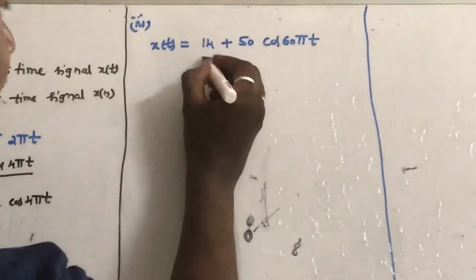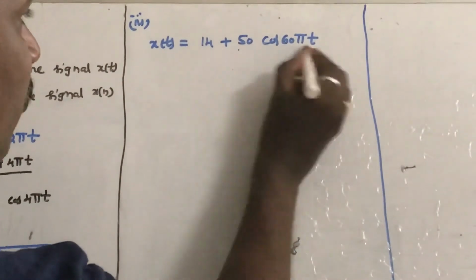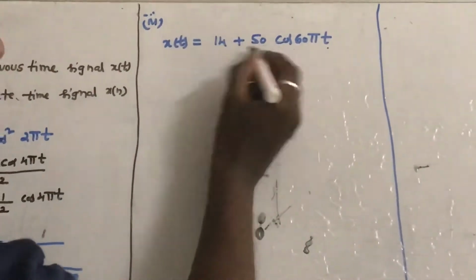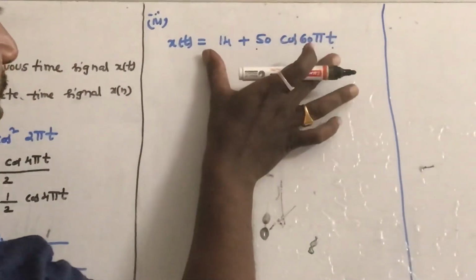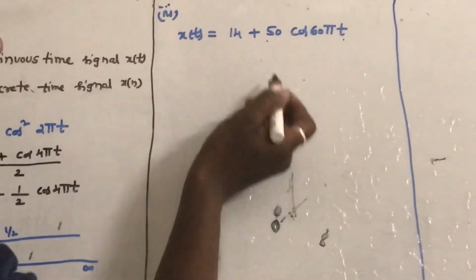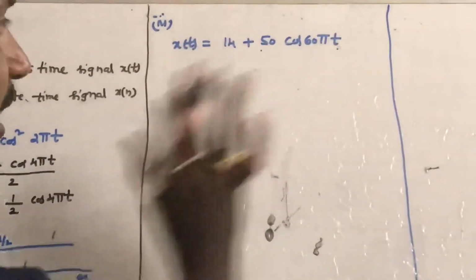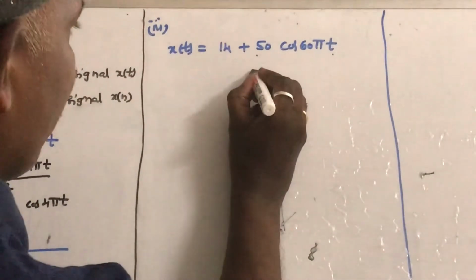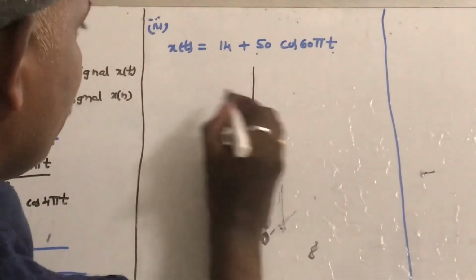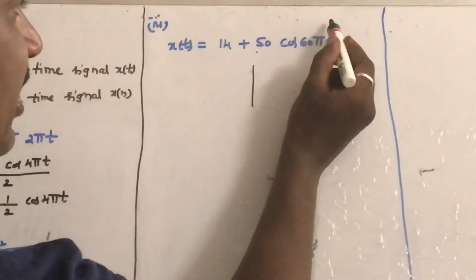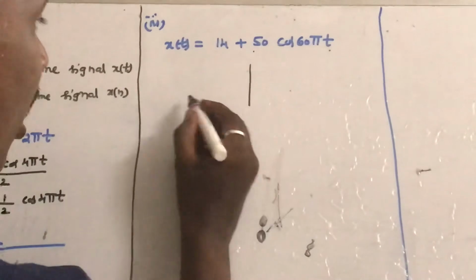Here the average value of the cos part is 0, and this is 14. That means the DC level of this waveform is shifted to 14. So this signal is a periodic signal. Just as we have seen in the earlier 2 examples, let us draw it in a similar way. Or you can straightaway take omega 0 as 60 pi for this problem and solve.